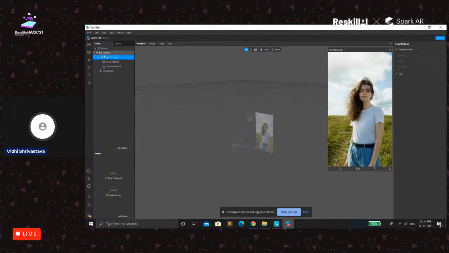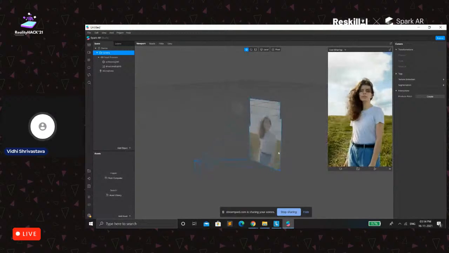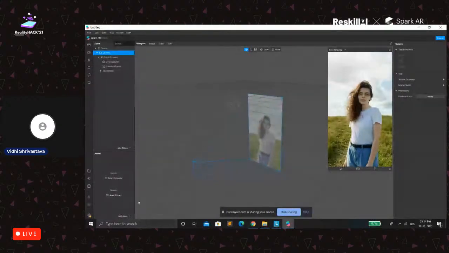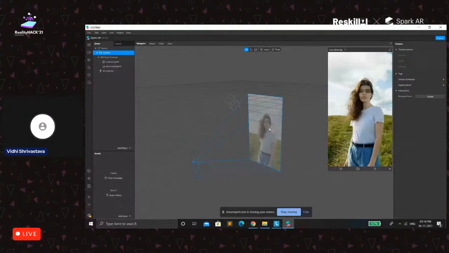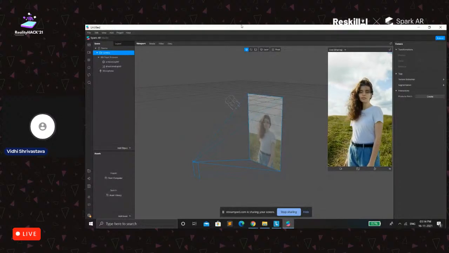What the camera is that whatever you see on your camera or on your device falls under the portion that you could see here, the blue lines. Whatever you are making, you could see it actually being applied to the screen.